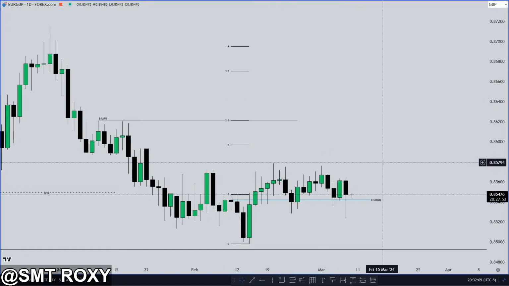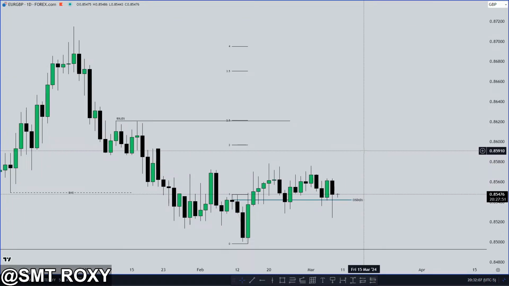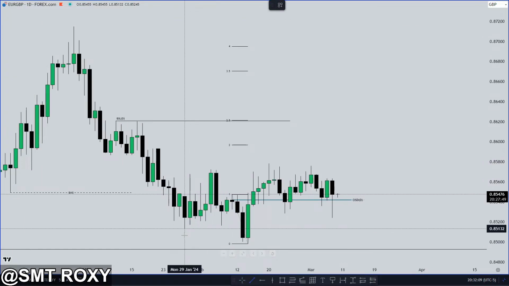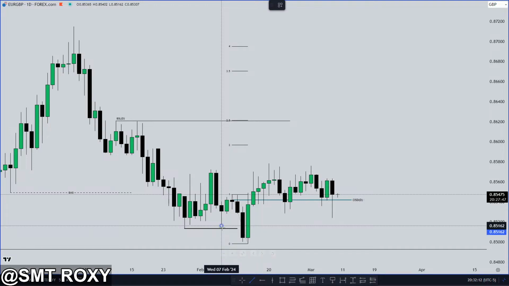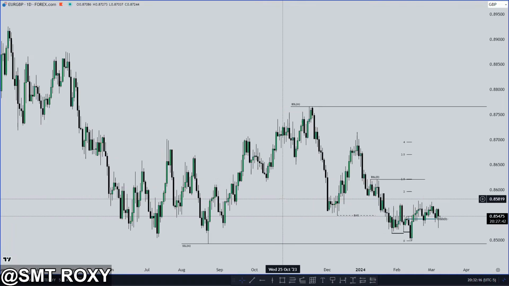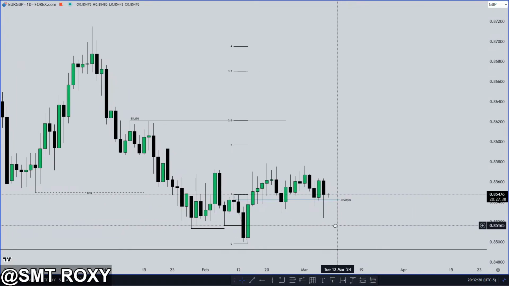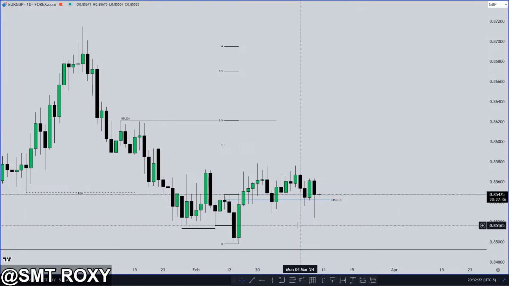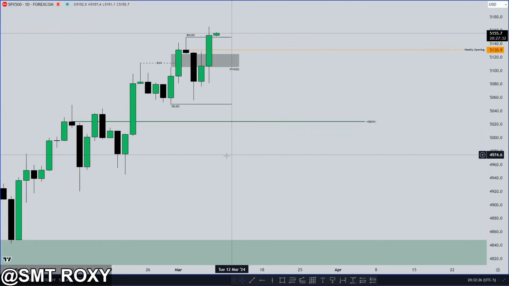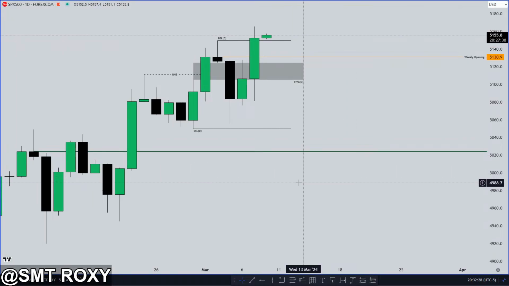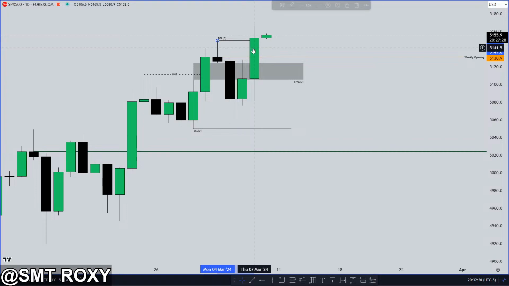Euro GBP to me is still going to go up. I do see it still going up. We swept all this right here, and then eventually we swept this right here. That is a high probability breaker. Even though we didn't sweep really any external low, to me it's still high probability. Main reason why, because we swept 2 areas of liquidity. That's why. This one, oh my goodness, this one broke the inversion fair value gap, and then eventually went higher.